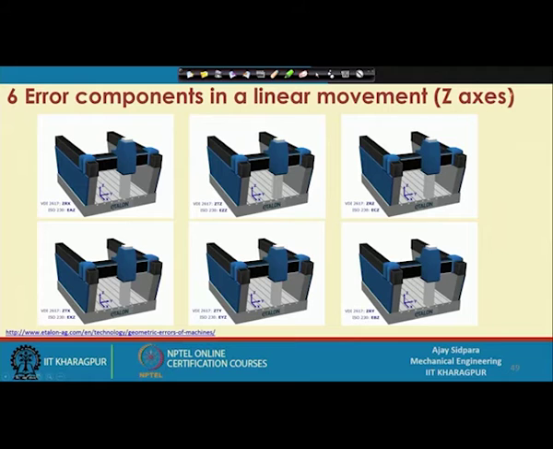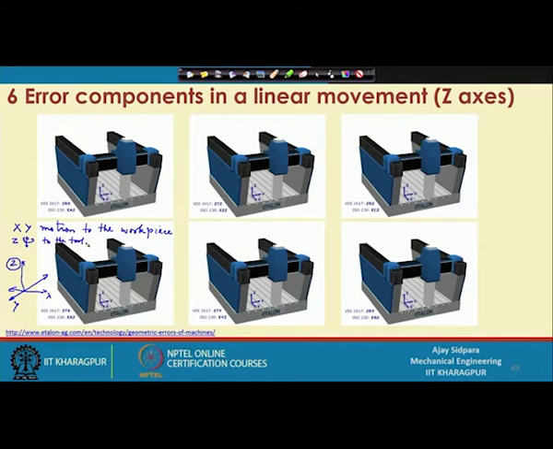Now, coming to the z axis. Earlier, we saw two axes, the planar axes. This one was the y axis, this one was the x axis, and now we are talking about the z axis. Earlier, whatever motion we have seen, mostly we give x and y motion to the workpiece, and z motion, which is mostly up and down motion, and rotation to the